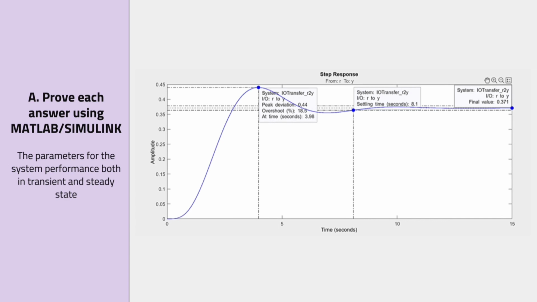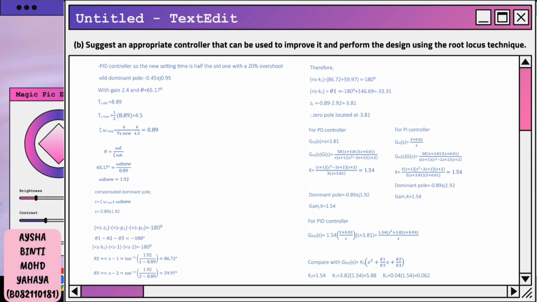The difference could be because in MATLAB, it is a higher order system, so it is much more accurate. As for suggestion to improve, the appropriate controller chosen was PID controller, so the new settling time is half the old one with 20% overshoot. The old dominant pole is negative 0.45 plus minus j0.95 with gain 2.4 and the angle for damping ratio